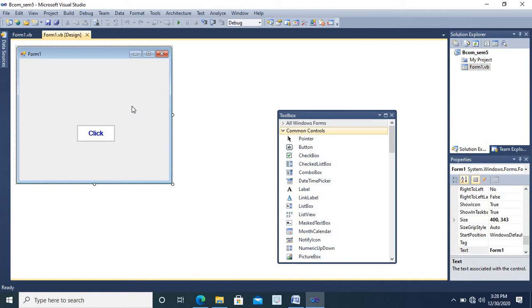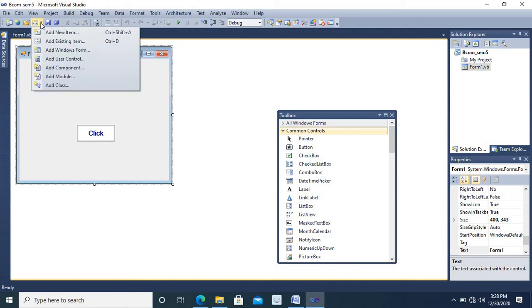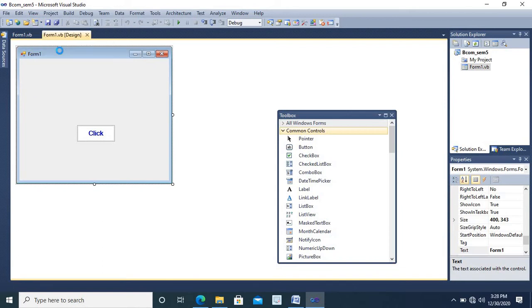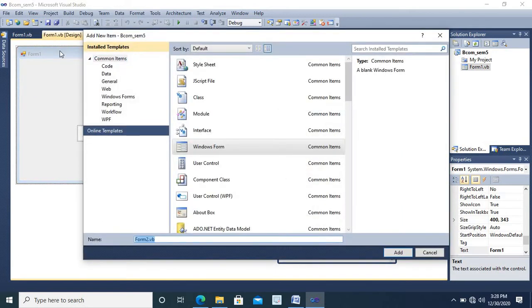For that we need to add one more form in this project, and that will be done by clicking on add new item. Click on the drop down list, add new item and select add windows form. So this is going to add a new form in the project BCom-SEM5.